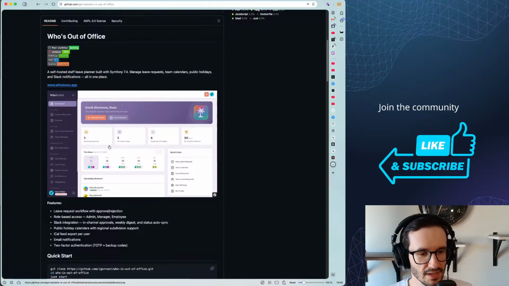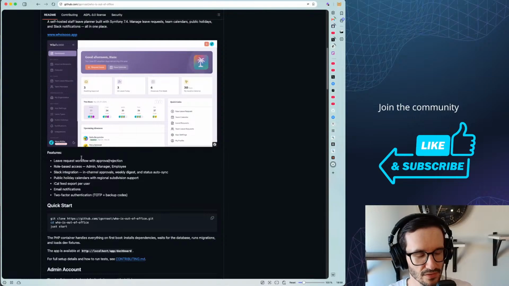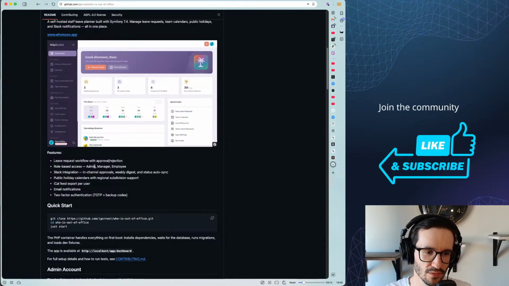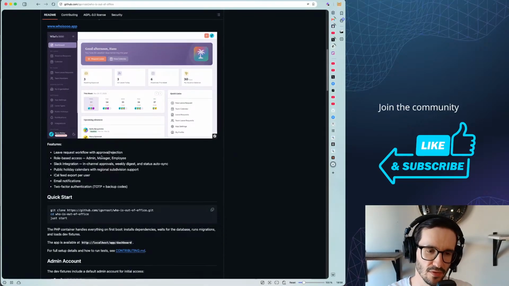It has a Slack integration, it also provides iCal feed exports with some customization options, and there is role-based access, with three main roles: admin, manager, and employee as a standard user, and then there is a flow